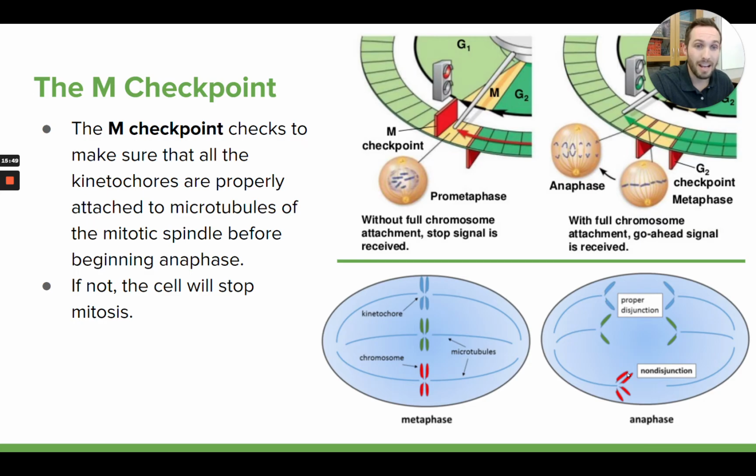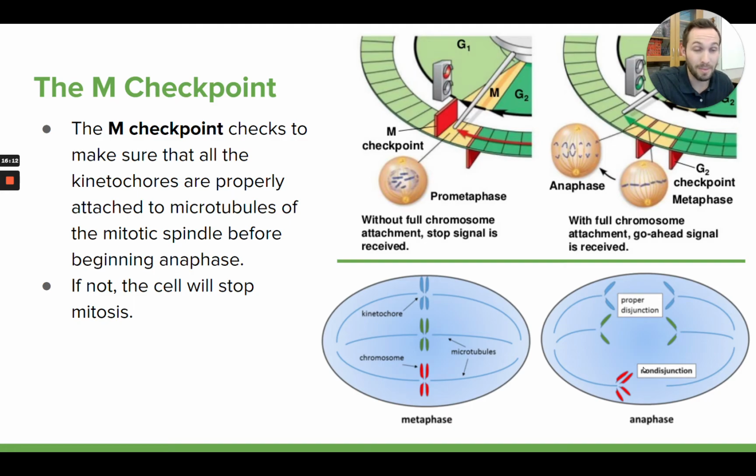And if you end up pulling them apart before all these microtubules have a chance to successfully attach to these sister chromatids, you're going to end up with a situation like down here. Let's say that not all of them attached. Let's say this microtubule right here did not attach to this sister chromatid. We call